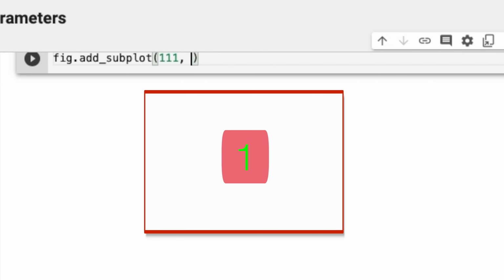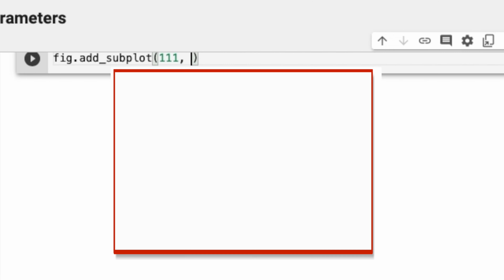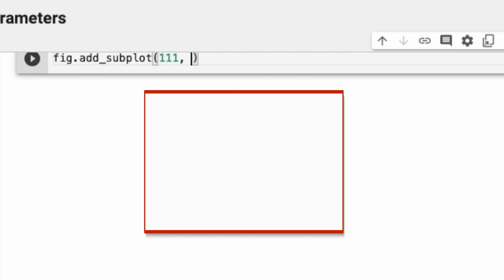In a figure, subplot numbering starts from 1, which is in the top left corner of the figure. In our case, we only have 1 cell since our first 2 digits are 1 and 1. Therefore, we will keep our plot in that only 1 cell which has an identity of 1, which is reflected